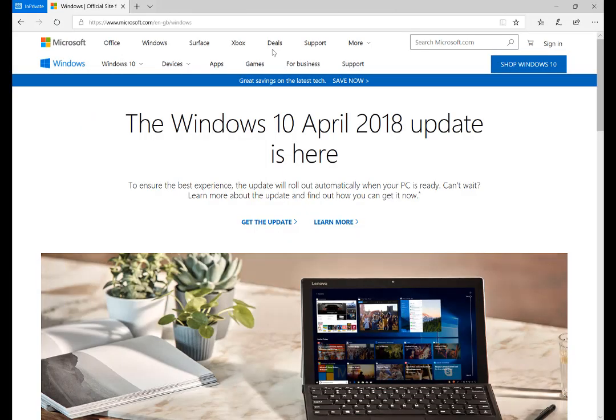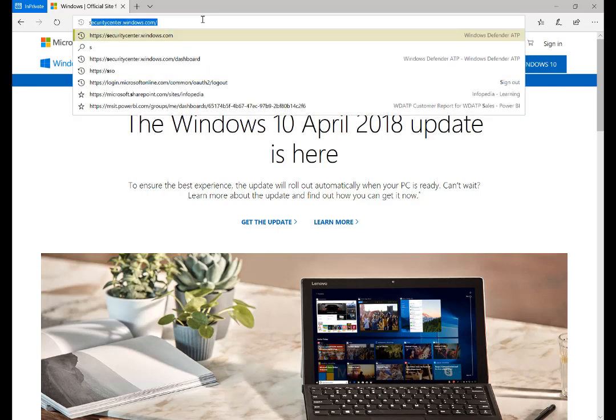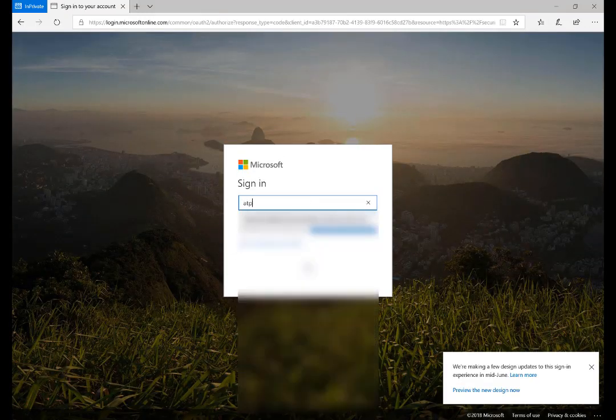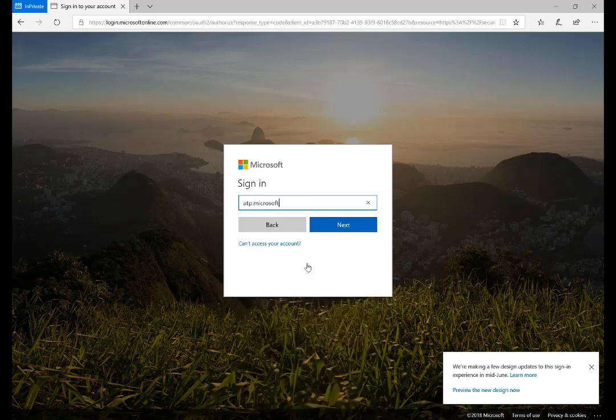The first stage of using Windows Defender ATP is logging into the portal itself. So it's a web-based portal, and within that you have accounts that give you rights at what's called either a reporter level, which is read-only, or controller level, which is full access. So to log into the portal, you go to securitycenter.windows.com. And if I just log in with my account, which is atp.microsoft@nhs.net,